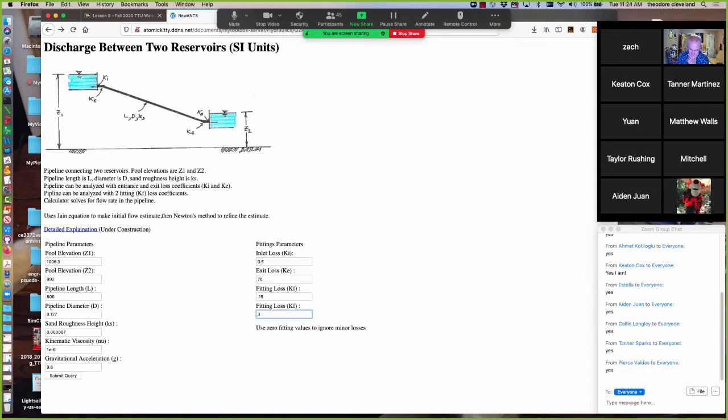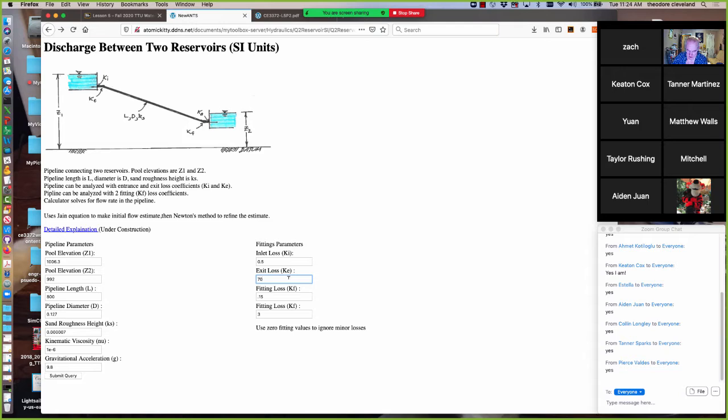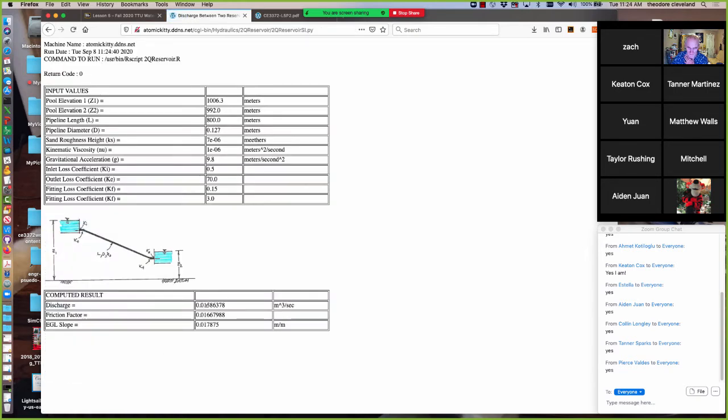So that's what that 3 is. Inlet loss, exit loss at the float valve, valve loss at the upstream shutoff valve, and then the bends and the other fittings, that's its K value. Run the program, and we get